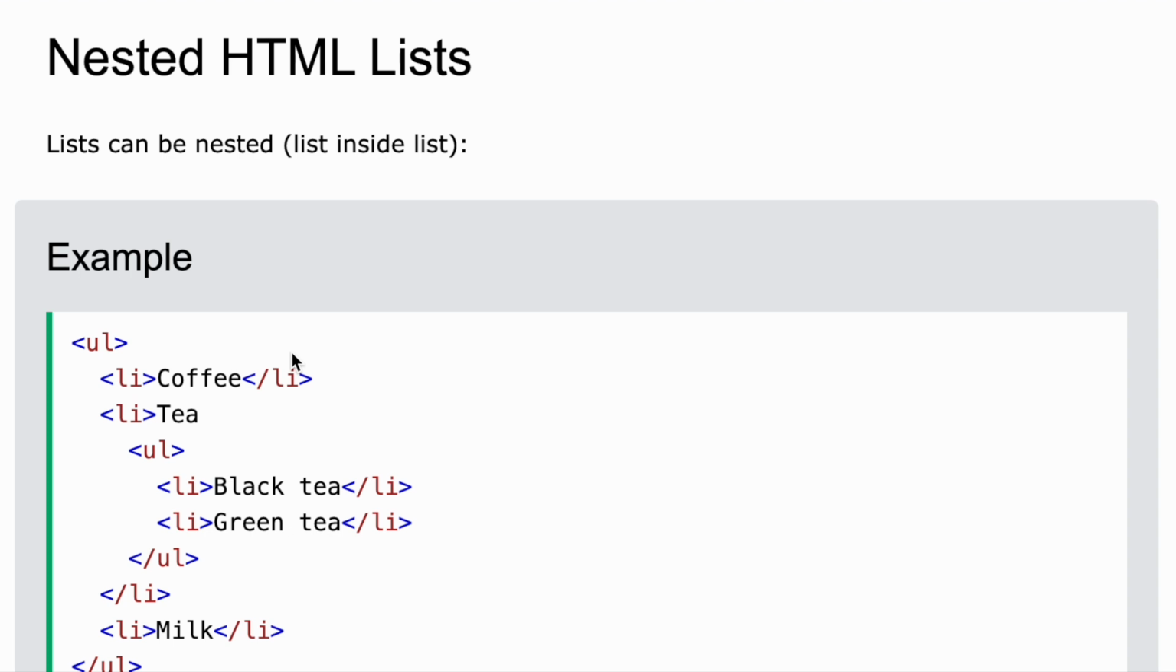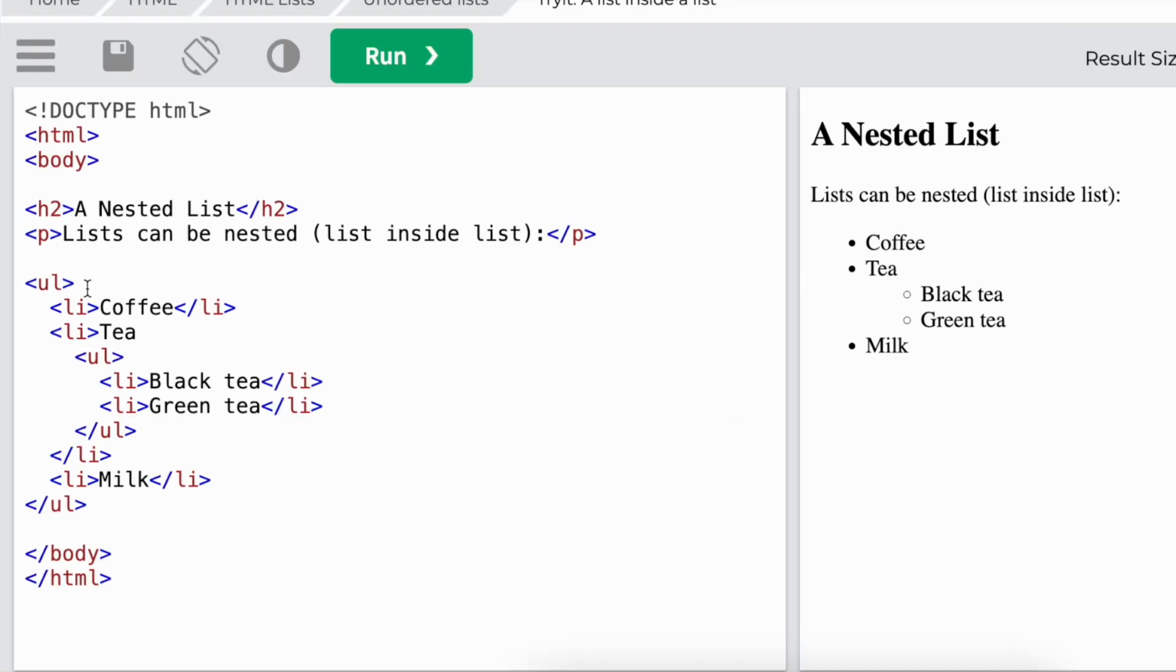Now there are also nested HTML lists. A nested HTML list works something like this: a list is here, copy, then a list is here, tea. Now tea has two options. In the unordered list, a list was there, and inside a list there is another list. These four lines contain another list. So how it will show: first there was coffee, the first item was coffee, then another item was tea,